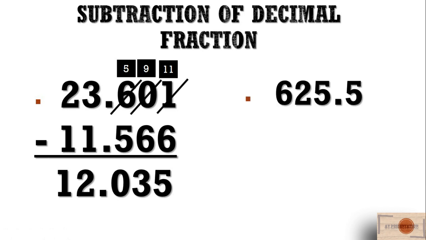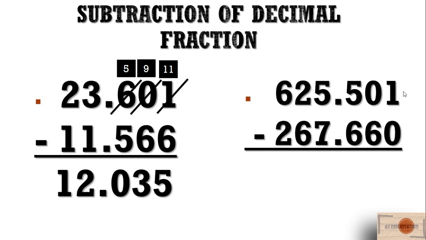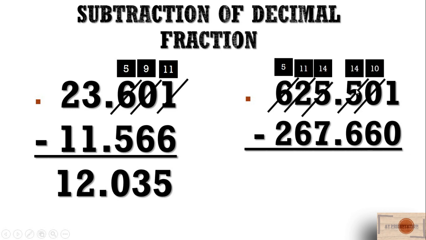Next example, 625.501 minus 267.660. Here 1 minus 0 is 1, and here 0 minus 6. So we cannot subtract 6. Then move on to the next number. So from the 5 we get 1, and 1 comes here as a 10. So 10